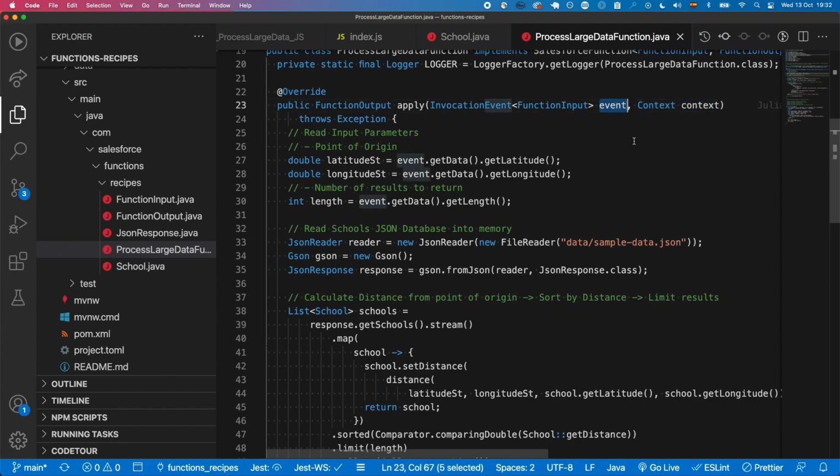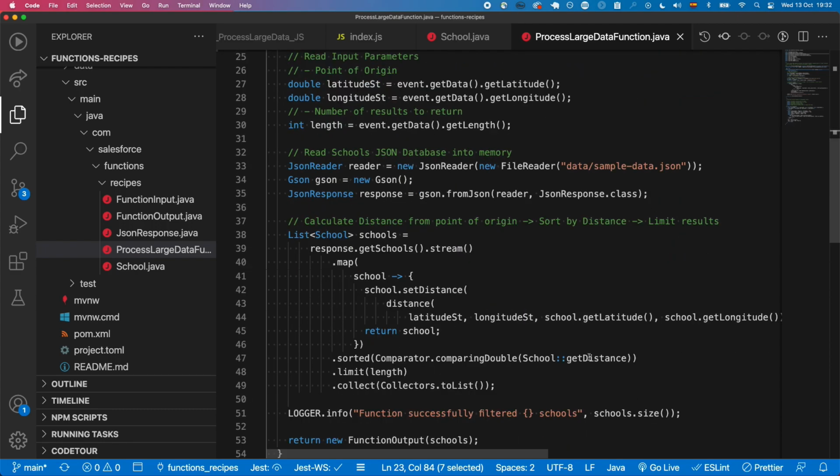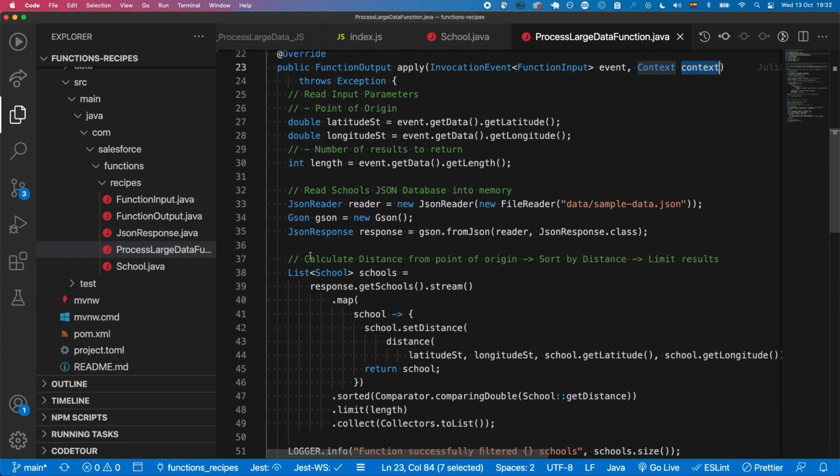The event will bring me the payload of the event and the information about the invocation, and the context is going to be the link to my Salesforce org. And this is the implementation with Java. This is public, this is published in GitHub, and you can take a look at it later. So, to work with functions,